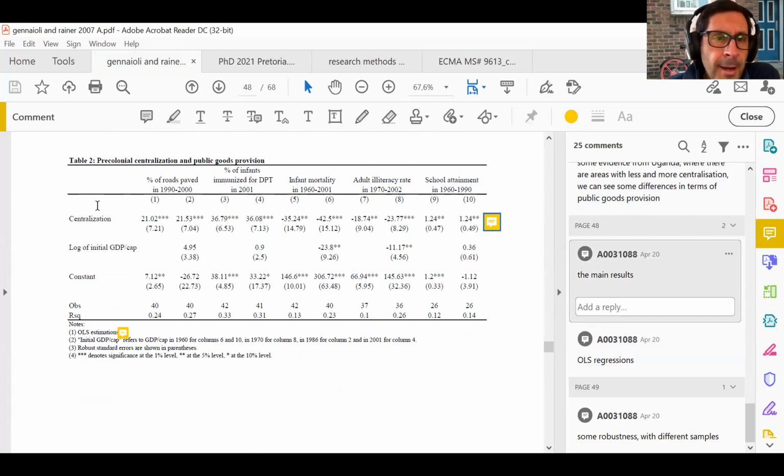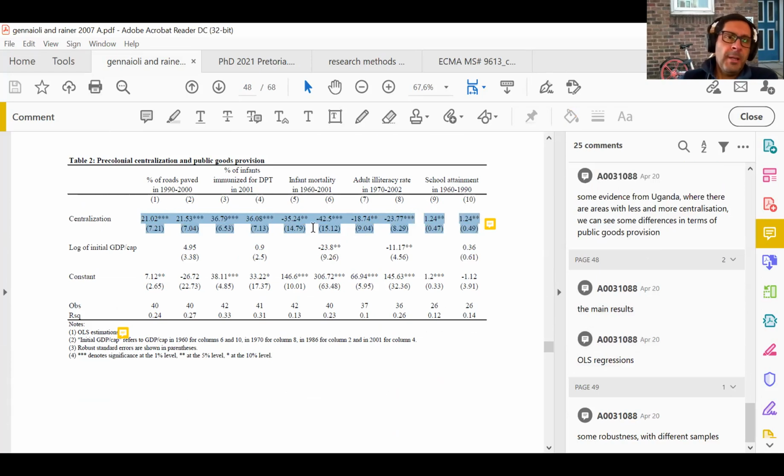let's do it. You can see there, I hope you can see, right? Percentage of roads paved with centralization is positive. Percentage of infants immunized, positive. Infant mortality, obviously, we expect a negative correlation. Illiteracy, negative, we expect that. And the school attainment is positive on centralization. Okay, so